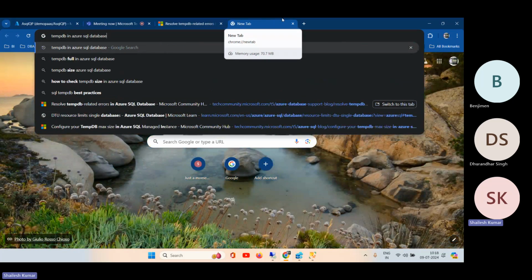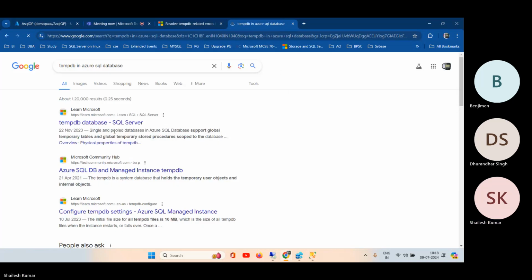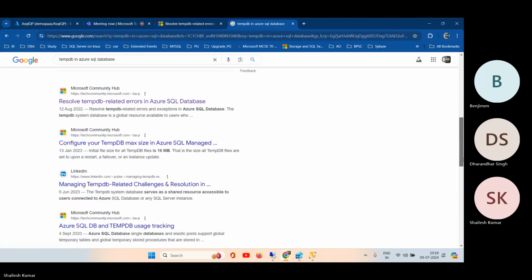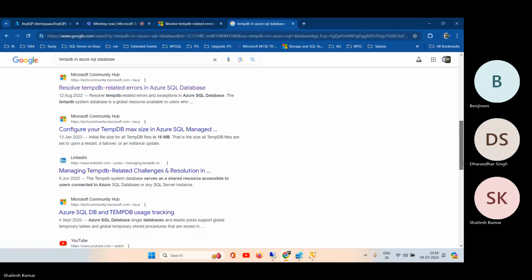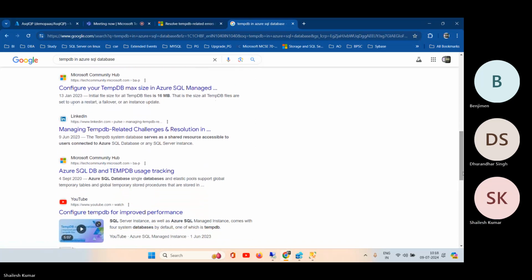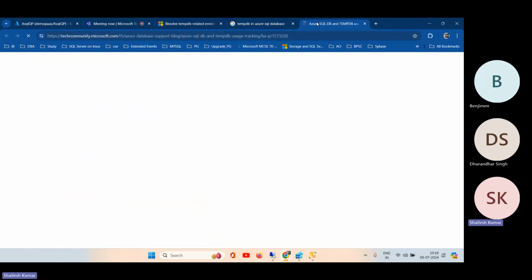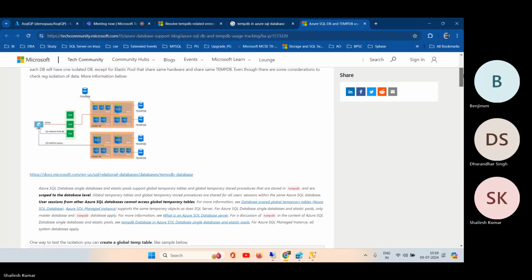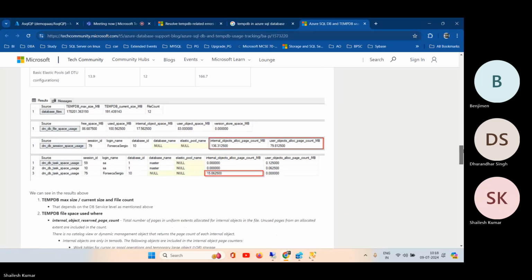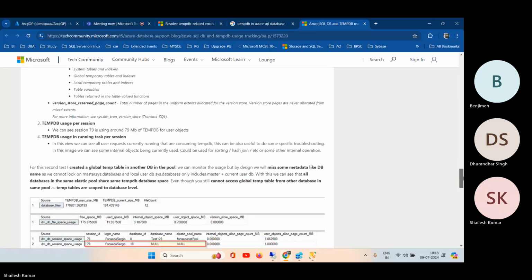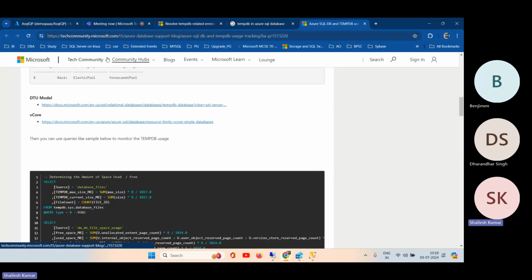TempDB in Azure. Full, yeah, Azure database. Okay, not manage instance, not SQL Server. I think this one. No,